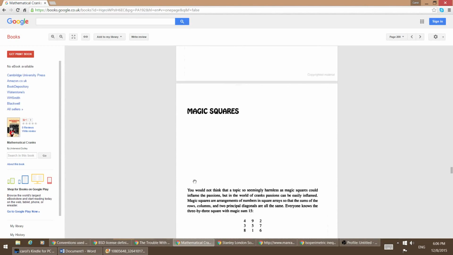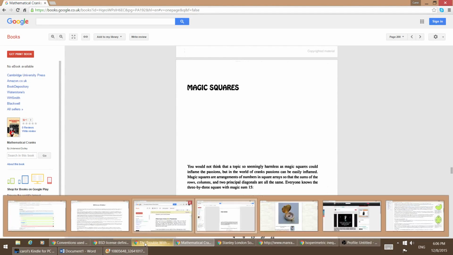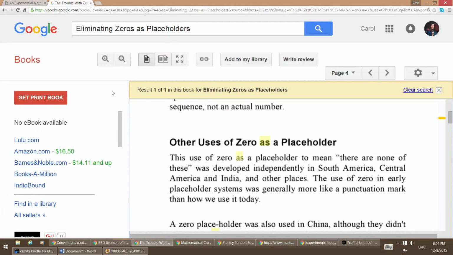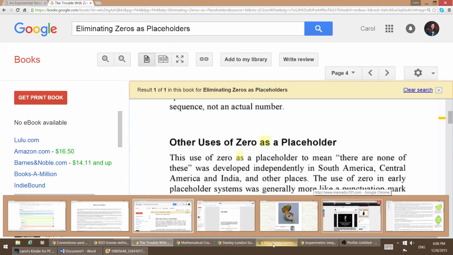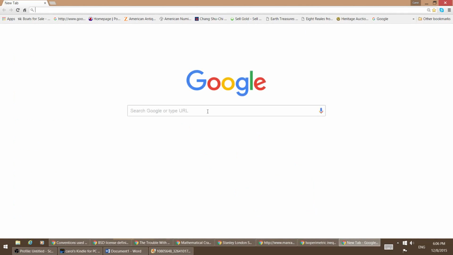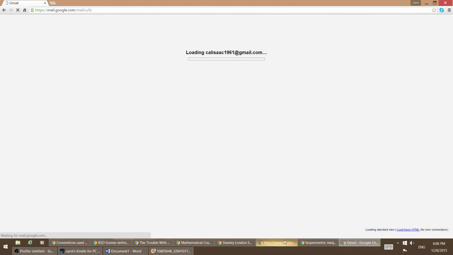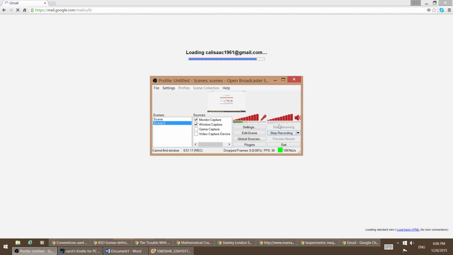Very good. And then we can go into the magic squares. I love this book. I'm going to stop there, though, and get into my emails, of which that is not one. And I'm going to shut this down. And okay,